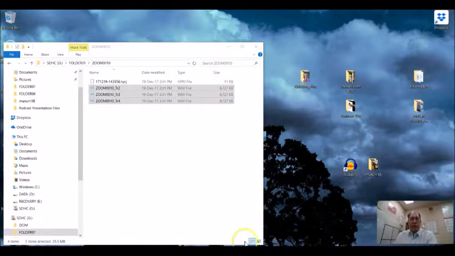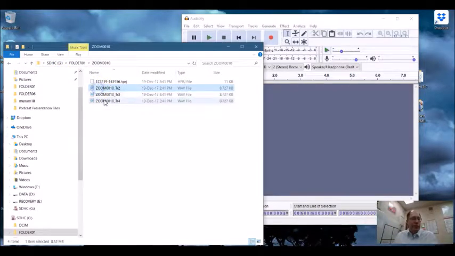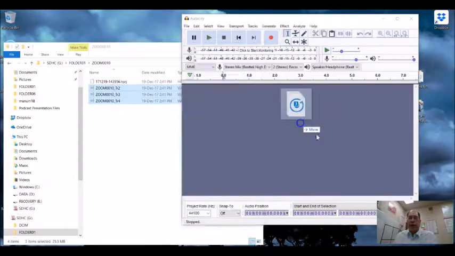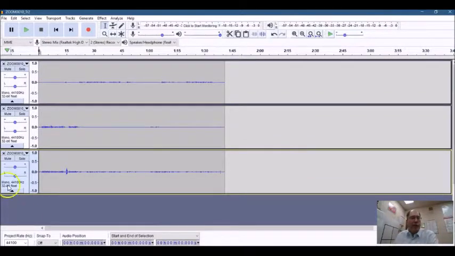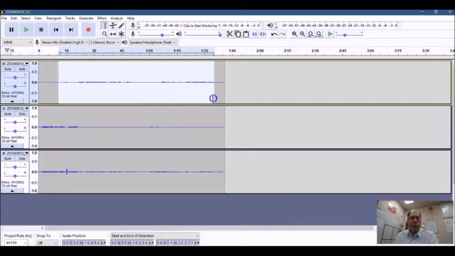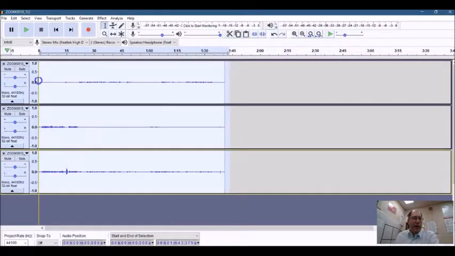This time we're going to work with those, and I'm going to pull up Audacity, which is my little free program here. It's really simple to start. I'm just going to grab these 3 files and drag them over and drop them into Audacity. You can see right away I've got 3 different microphones running, and it looks like their recording is a little quiet. One of the first things I want to do is amplify it a little bit so we can hear